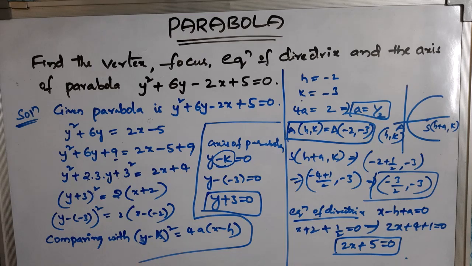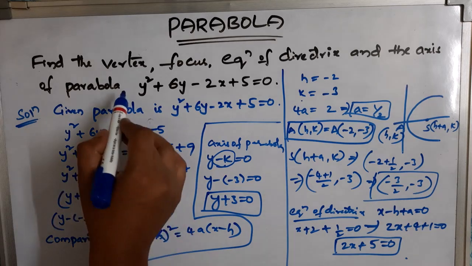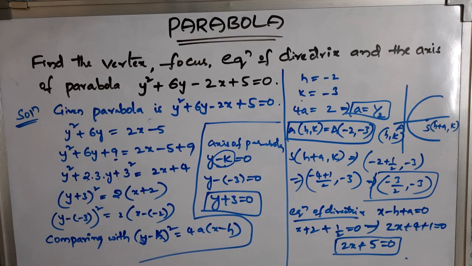In this way you are going to find the vertex, focus, equation of directrix and the axis of parabola. Okay, I hope you understand how to find the values and the equation of directrix and the axis of parabola, whatever the equation is given. These questions appear in 2 marks questions majorly, but sometimes they ask in the 7 marks questions also by giving 2 or more equations. So please concentrate on each and every question in your textbook.